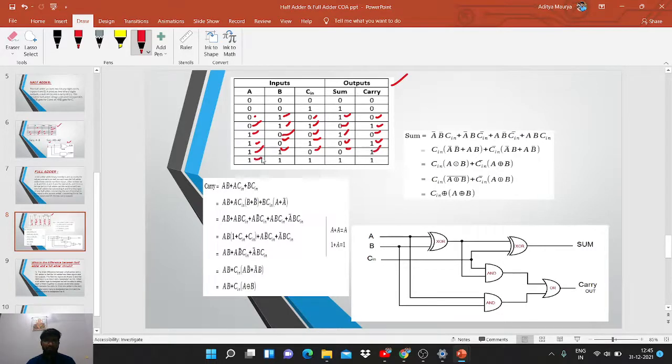And when inputs are 1 and 1 and C in is also 1, then sum will be 1 and carry will be 1. Now this is the expression for sum and this is the expression for carry, as you can see, and this is the circuit diagram for full adder.